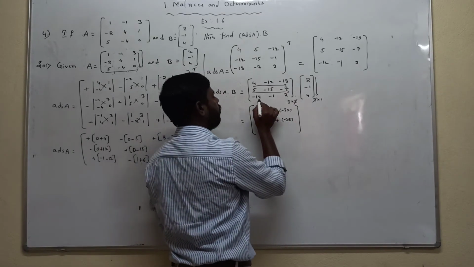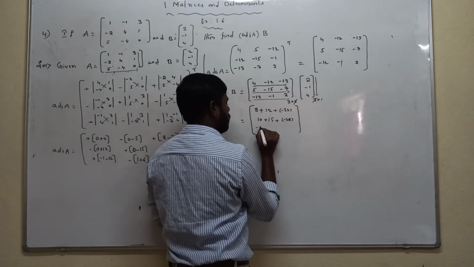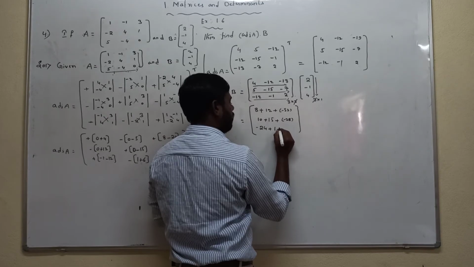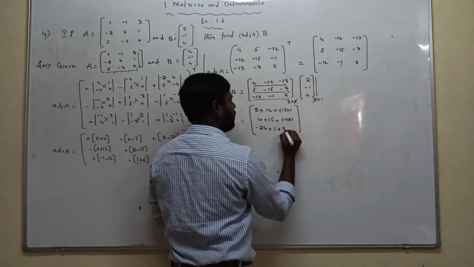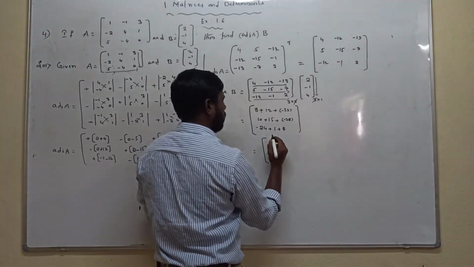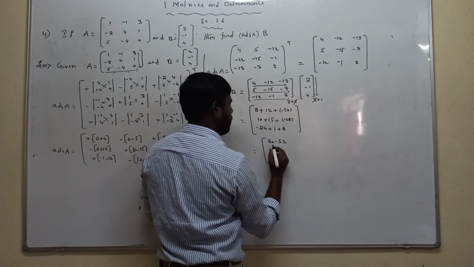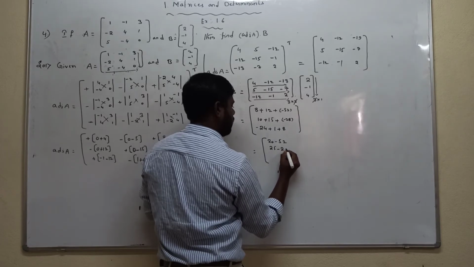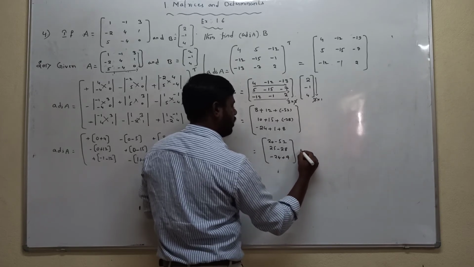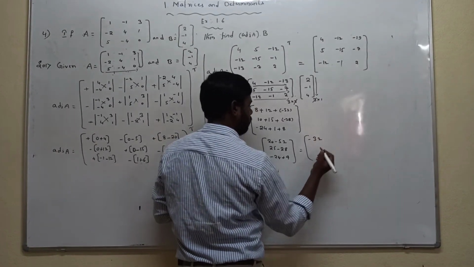Next we are going to the product with third row, first column. Minus 12 into 2, that value is minus 24, plus minus 1 into minus 1, that value is plus 1, plus 2 into 4, that value is 8. Simplify this one. 8 plus 2, that value is 10, plus minus 52; 10 plus 15, that value is 25, plus minus 28; minus 24 plus 1 plus 8 is minus 15. That is equal to 10 minus 52, that value is minus 42.